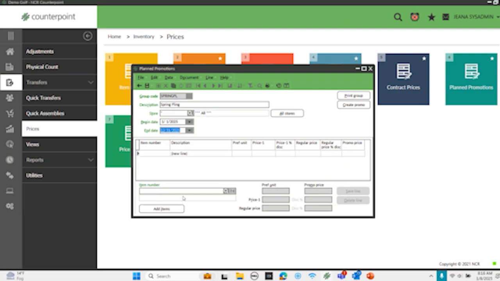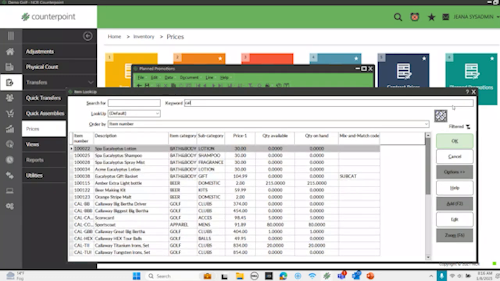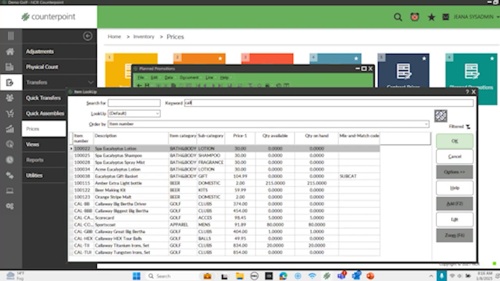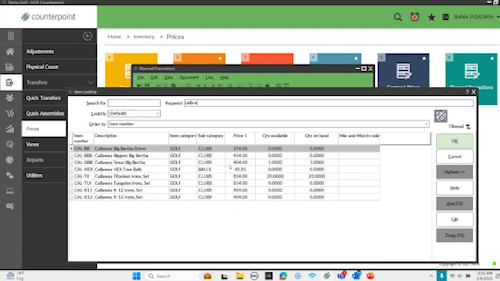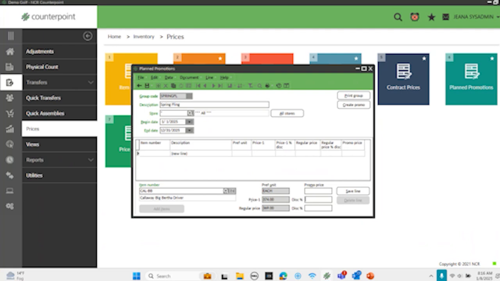Now down here at the bottom, I'm just going to put some golf clubs on sale. I'm going to select an item and click OK. And then over here on the right, I can either change the price. So maybe I want the price to be 300. And Counterpoint will,